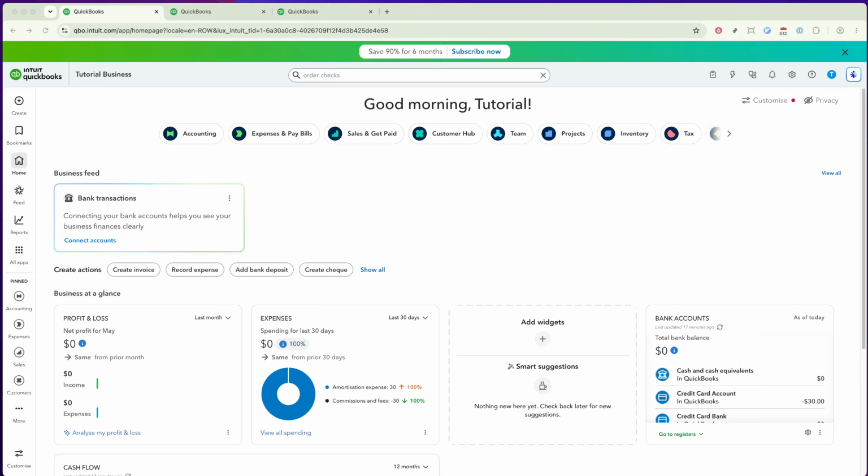This feature allows you to send invoices, track expenses, and handle transactions in multiple currencies, making it easier to manage